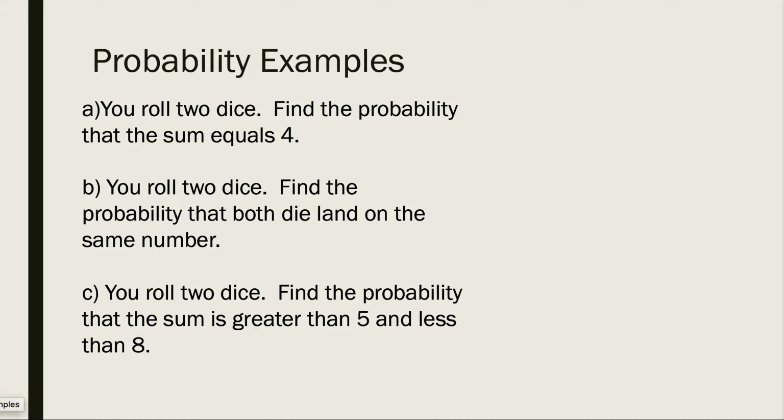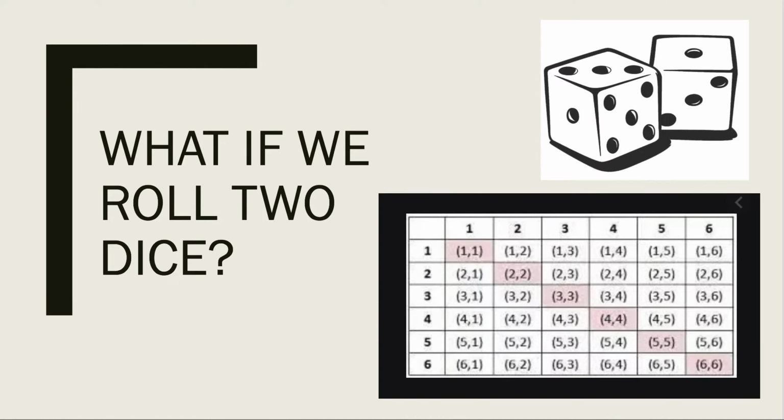All right, so now we're going to move to a set of 3 problems where we're rolling 2 dice, and we want to know the probability of various things. Now, I want to remind you, going back to what we did in the last presentation real quick, about the 2 dice. Remember that the sample space has 36 possible things in it. Okay, so we're going to keep that in mind, that 36 possible outcomes